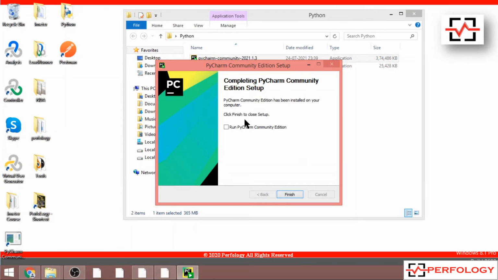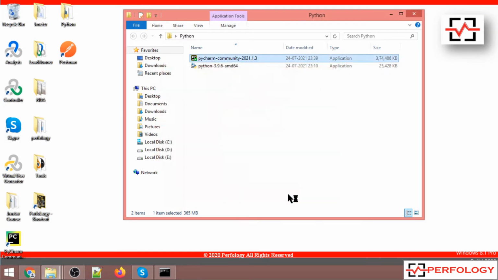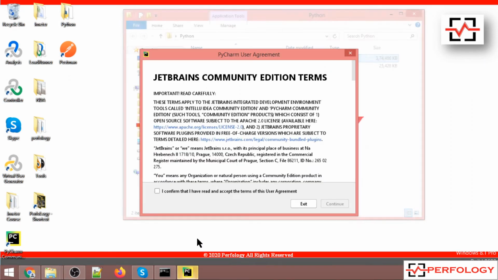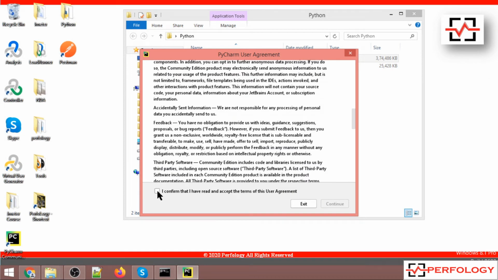Now PyCharm is successfully installed. Let us run this. We'll check this box and click on finish. After you have launched PyCharm, you need to also accept the terms and conditions of its use. So we'll click on this I confirm option and click on continue.